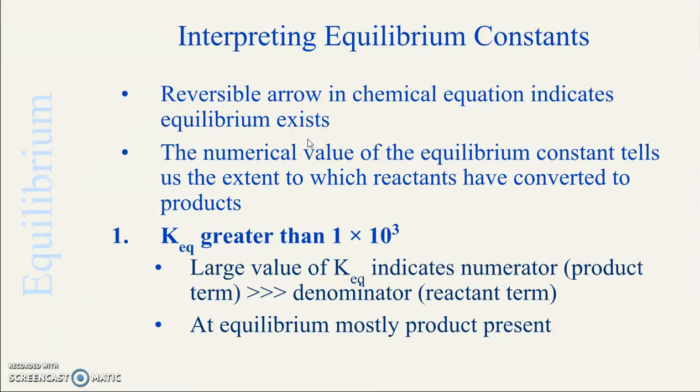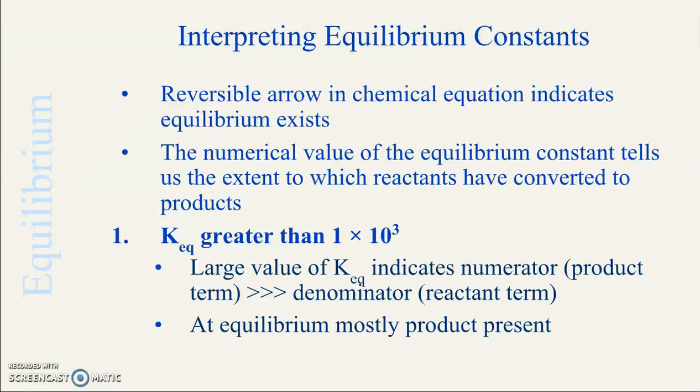So what does this value mean? The reversible arrow in a chemical equation indicates that there is an equilibrium that exists, and the numerical value of that equilibrium constant will tell you the extent to which reactants have gone to products. So by looking at the value of KEQ, you can tell what's favored, products or reactants